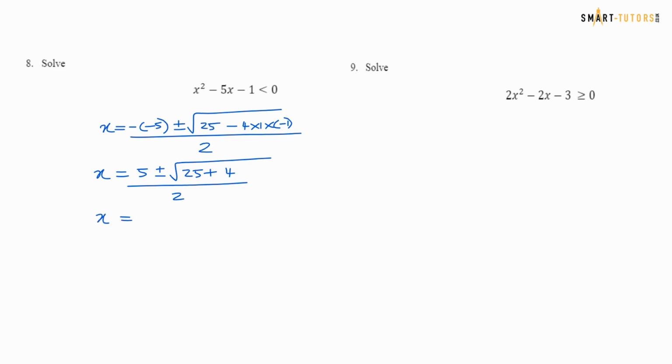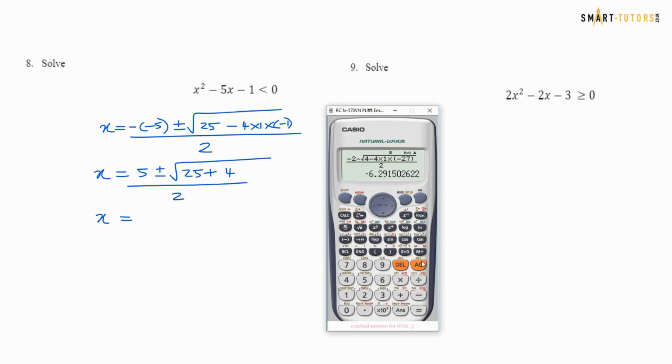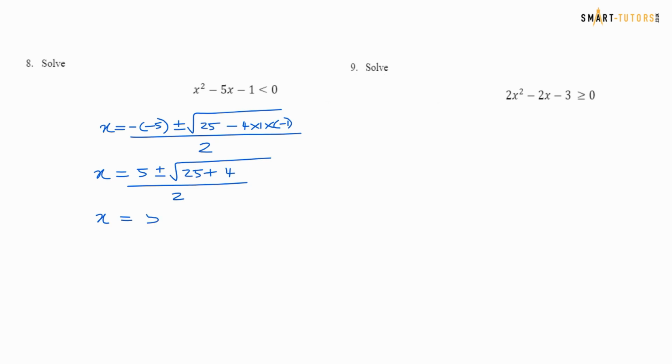You can use the calculator to get it in decimal format, which is very handy to understand where this is coming from. So 5 plus the square root of 29, and below it is 2. So the answer is 5.19. 5.19 is the positive answer, and the negative answer